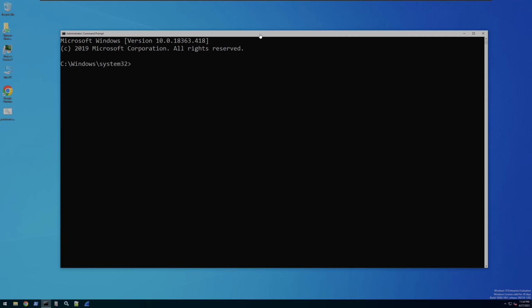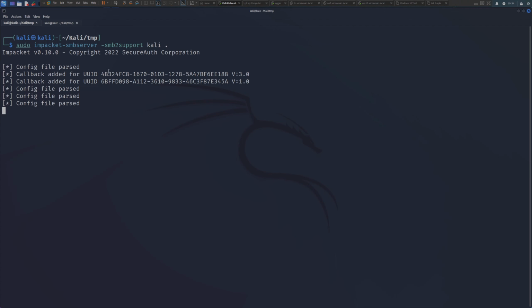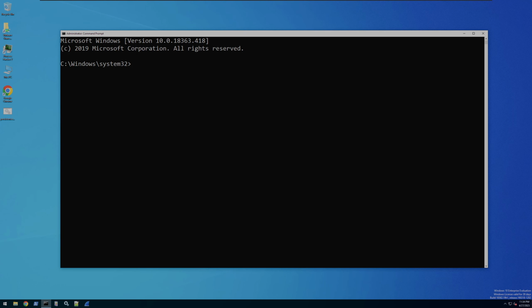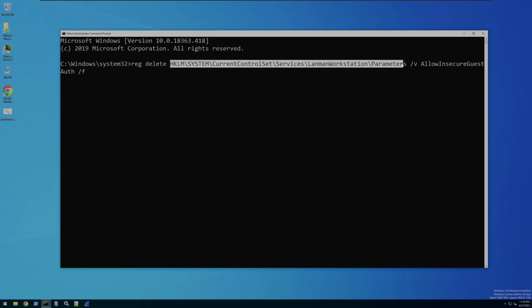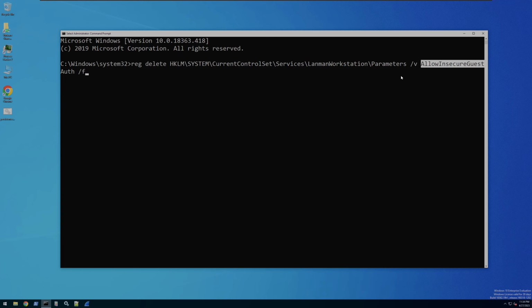Alright, so let's assume we have local administrative access to our compromised Windows device. We also have an open SMB share running on Kali that accepts any username or credentials whatsoever. Now, if you're looking to perform this test on your own, you may have to make security posture modifications to your compromised device, modifying two registry keys, HKLM system, current control set, yada yada yada parameters, allowing insecure guest authorization,